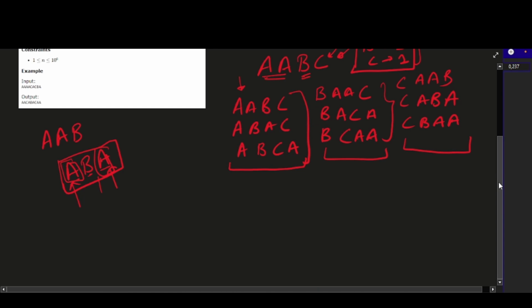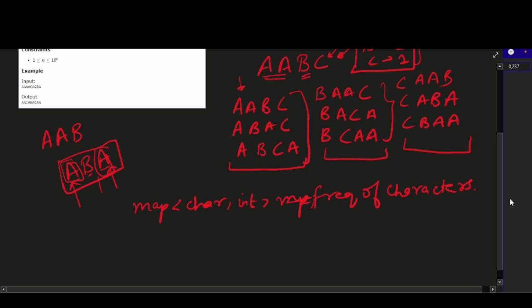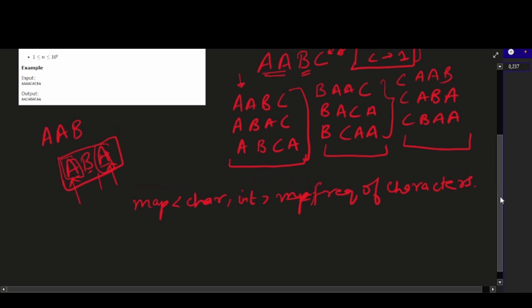So what we are going to do is, we are going to create an array, or we can take a map of character comma integer. Let's name this map as MP, or let's name this as frequency of characters. So from the given example, that is A,